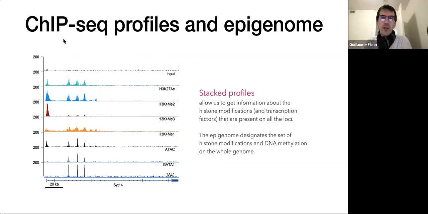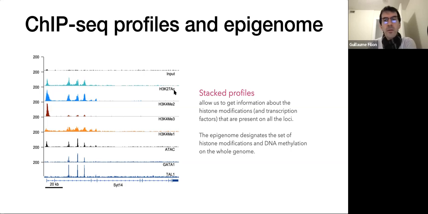So the profiles look like this. They're called ChIP-seq, for chromatin immunoprecipitation and sequencing. So ChIP-seq profiles would typically look like that. So you have the input chromatin here, just to make sure that your antibody is not recognizing some specific sequence or doesn't have an affinity for something else. So you want to see that this is near empty here, and then you do the experiment with an antibody against